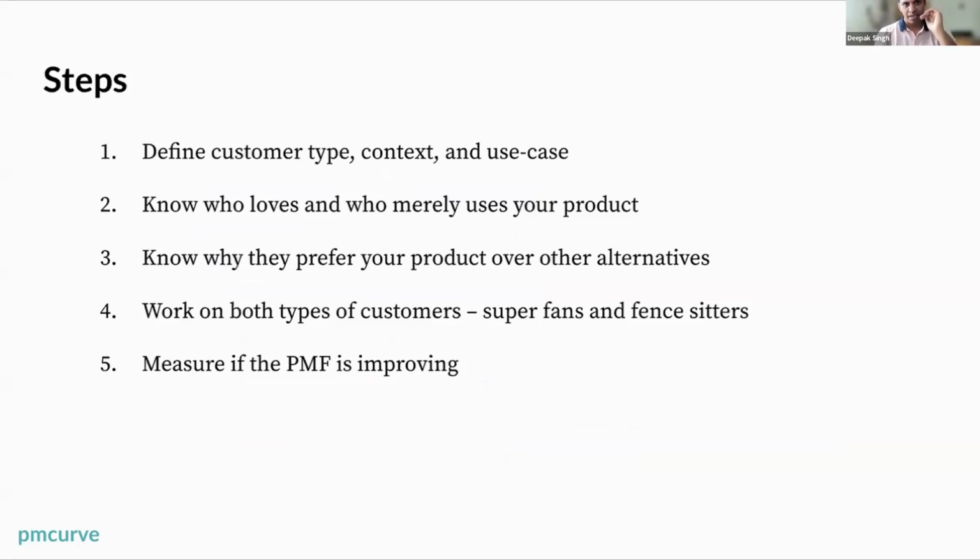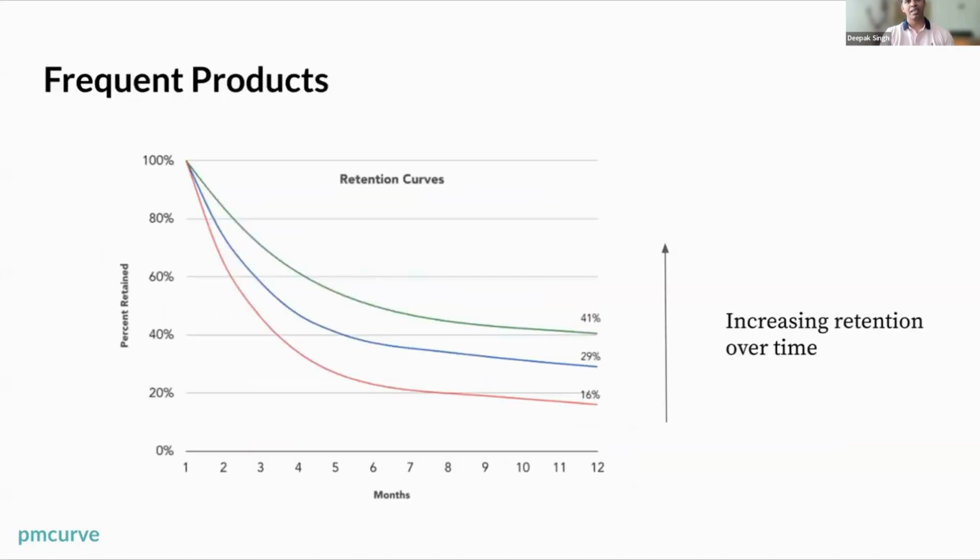right? Now, once you know this and you have started working on it, the fifth step is measuring if the PMF is improving. It ties back to some of the questions that people asked, right? Namely, for frequent products, you need to map your retention cohorts month over month and see that over recent months, the place where this flattens is actually improving. I'm not talking about week 4 or week 1, which is usually the case. People look at week 1 retention improving. Amazing. That's a good proxy for long-term retention, but that does not equate to long-term retention.